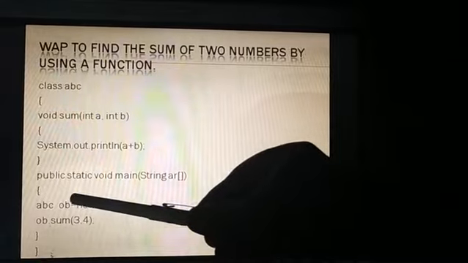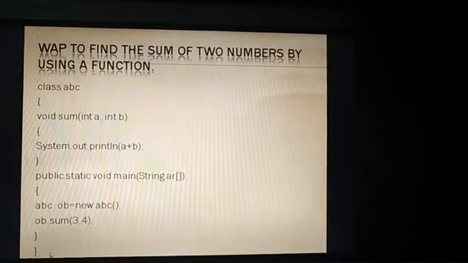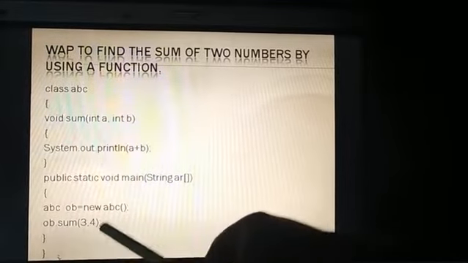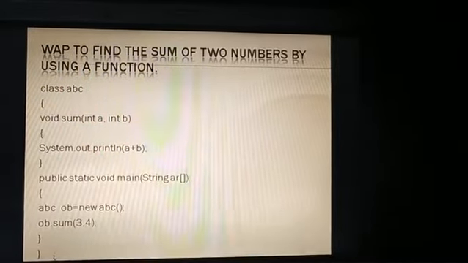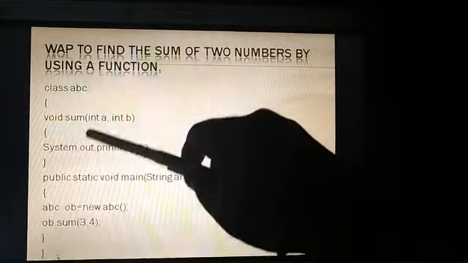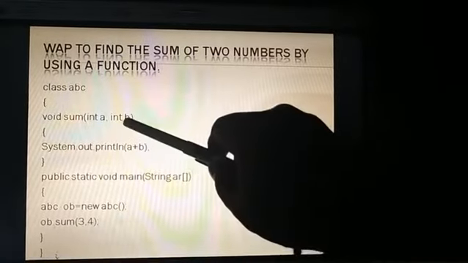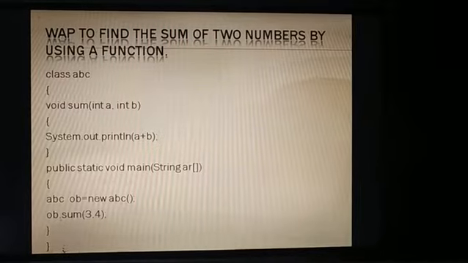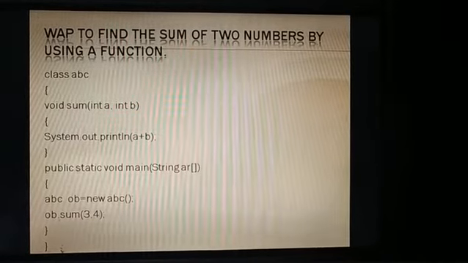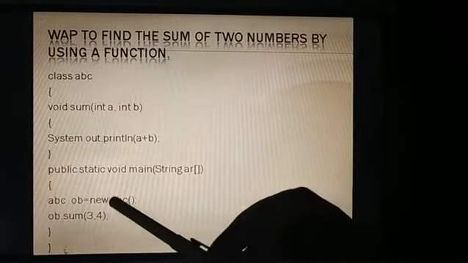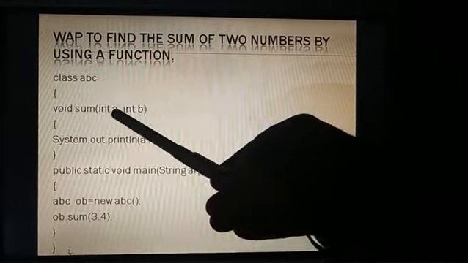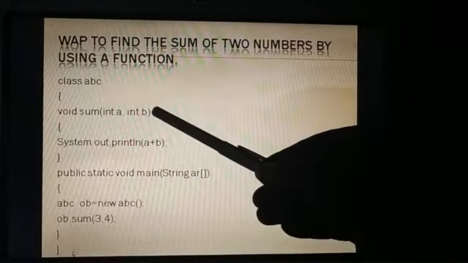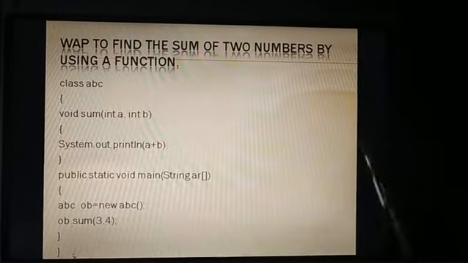The object name is ob, and by using ob we are calling the sum function, and we are inserting 3 comma 4. 3 is the value of a and 4 is the value of b. So students, 3 and 4 are the values of the parameters a and b. The value of a is how much? 3, and the value of b is how much? 4. So we'll move to the next slide.